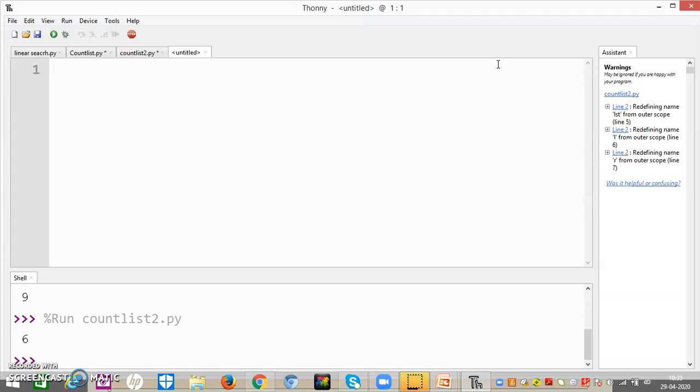Now my next program for you is to generate a random number. Now friends, this is a very unique thing. You are going to generate random numbers within a given range and store them in a list. For that, we have to import a module called random. We have imported the random module.